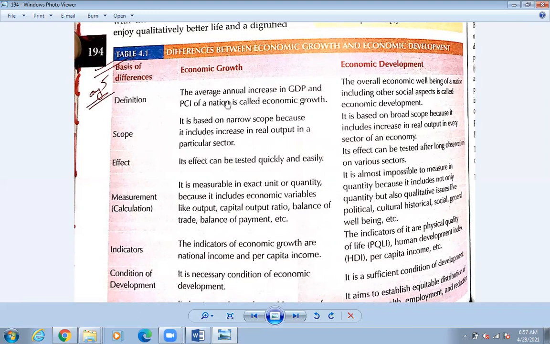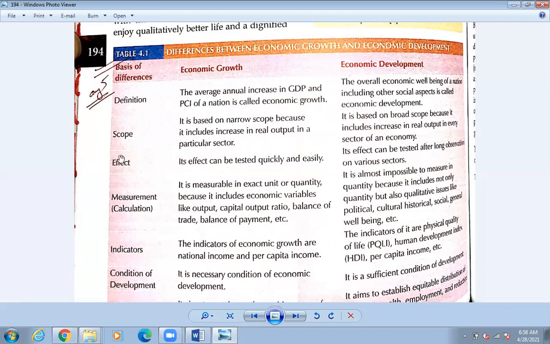scope, that means this development, okay, growing only little by little we call economic growth, isn't it. So that is a narrow scope, we have only looked at a few small points, because it is an increase in the real output in the particular sector. Okay, it increases real output only. So if it focuses only on real output, then this is a broad scope, that means a wider scope, because it includes the increase in the real output in every sector